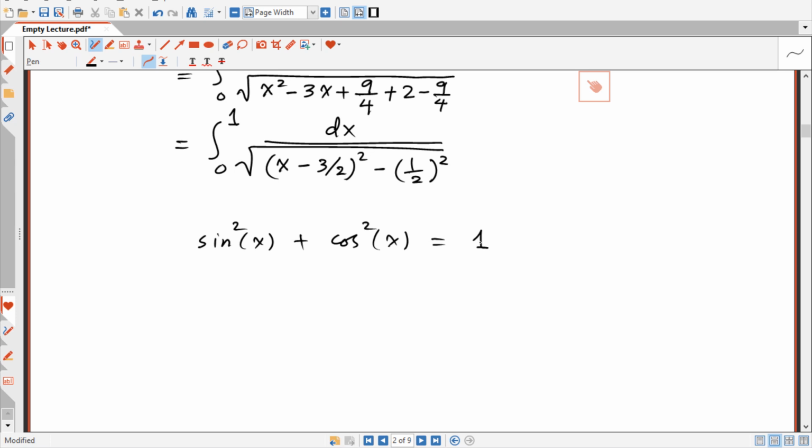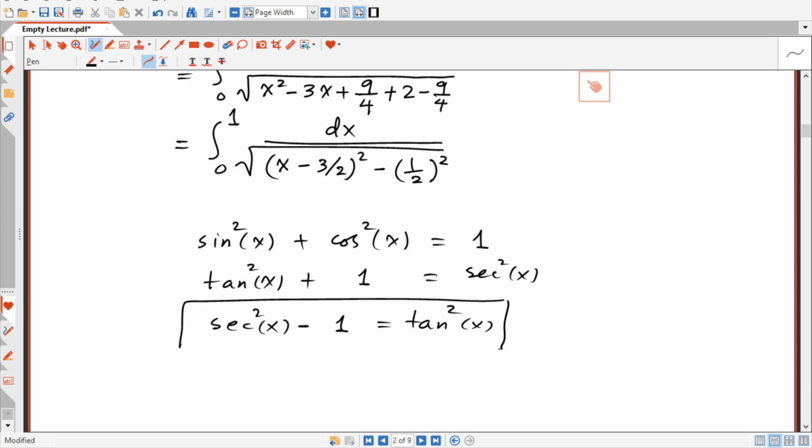If we divide all of the terms by cosine squared x, we end up with tan squared x plus 1, and that's equal to 1 over cosine squared, that's secant squared x. So we have secant squared x minus 1 is equal to tan squared x. We'll use this formula because in the denominator here we have a squared term minus a squared constant. So we can assume that this squared term is equal to secant,